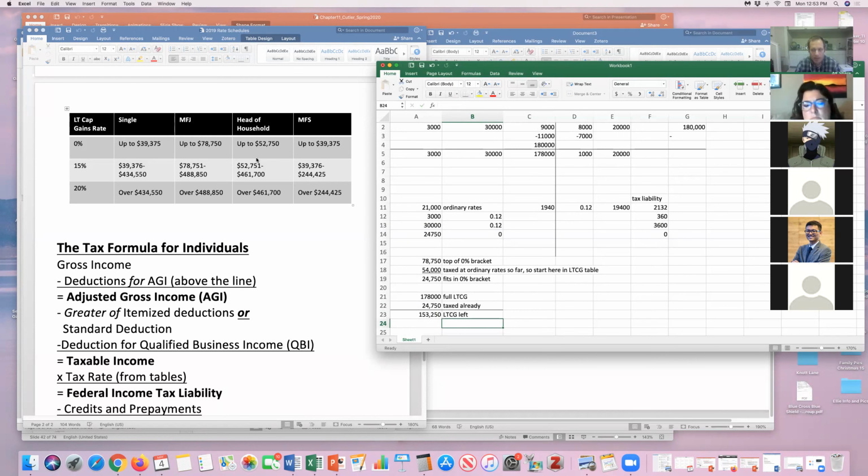If I look here, I got up this 153. Now that's all going to fit, because this bracket is huge. That's all going to fit in the 15% bracket. That's going to get taxed at 15%. So they're going to pay that times 15%, and then their total tax liability is going to be,